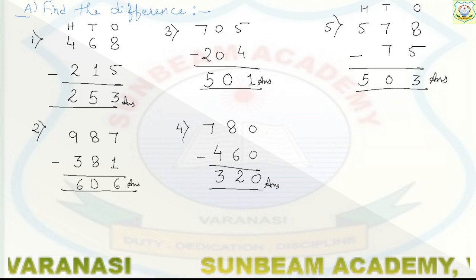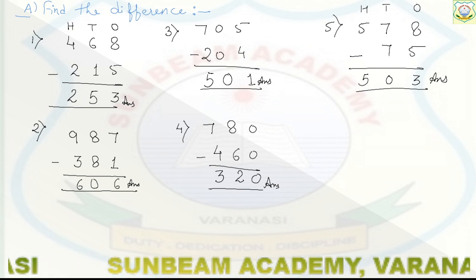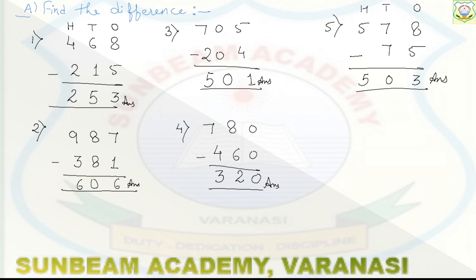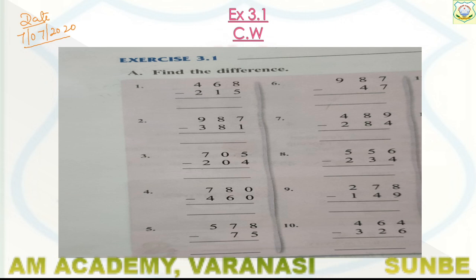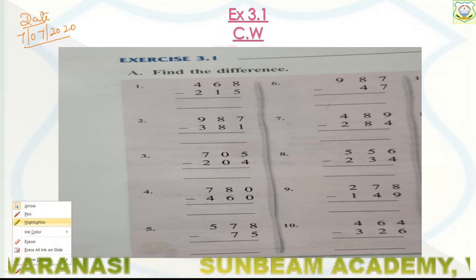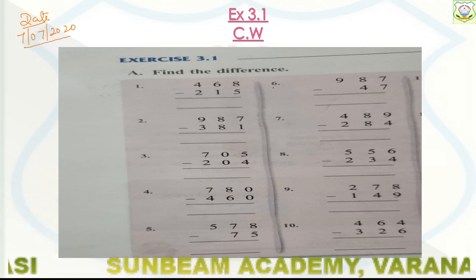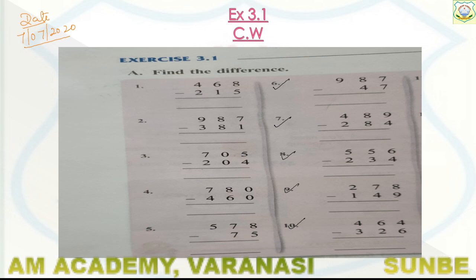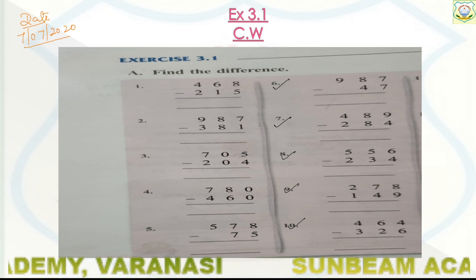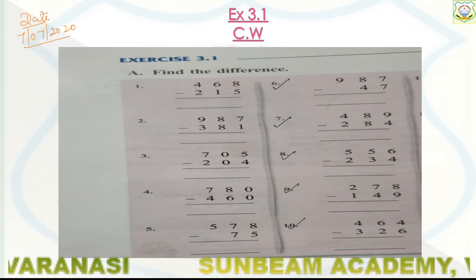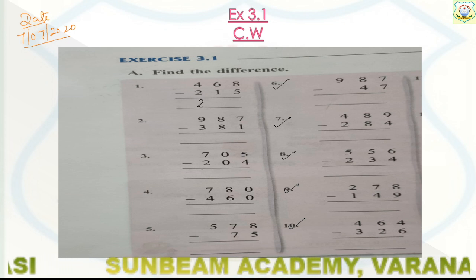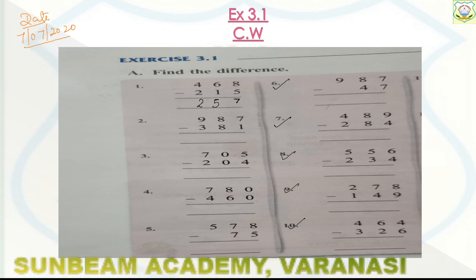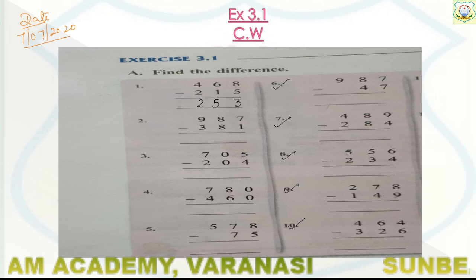So now I have done the 5 questions. Now you also try to do the questions. Do 6, 7, 8, 9, 10 on your own right now. Try to do it. Till now I am writing answers here. You can check your answer. Match your answers. I don't want anybody to write wrong.